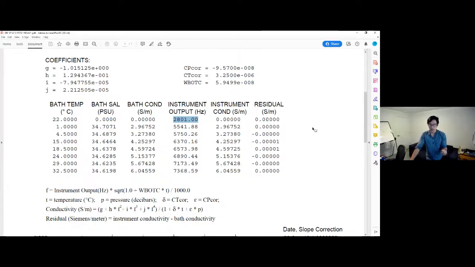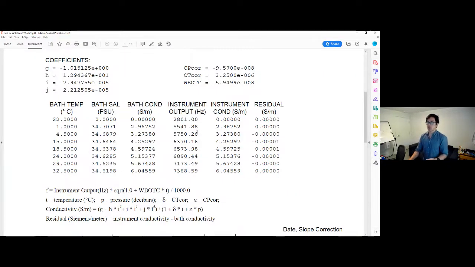And if you just send the TS command, take sample, that's going to output a string of data from your 37. And if it's in the right output format, one of those data values will be your conductivity frequency. If you do that, then it should match this within a few tenths of a hertz. If it's off by a full integer value, chances are you need to clean your conductivity cell. If it's off by several values, say it's off by 20 hertz or something,